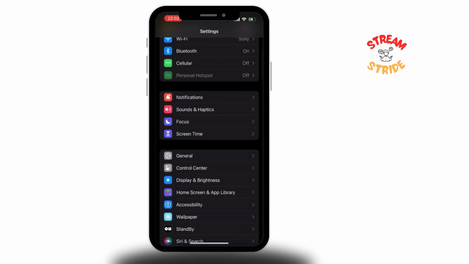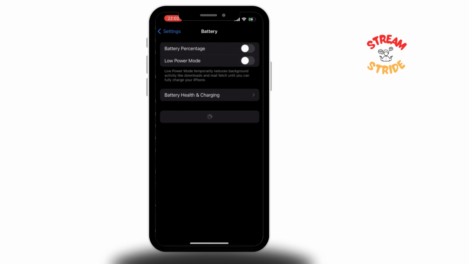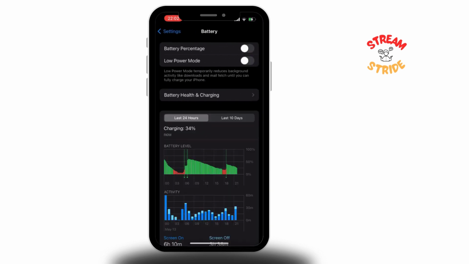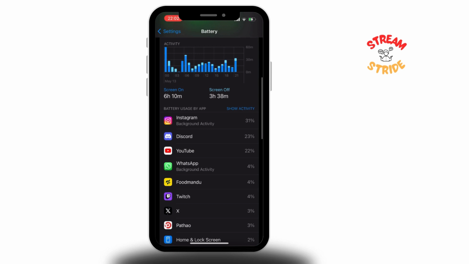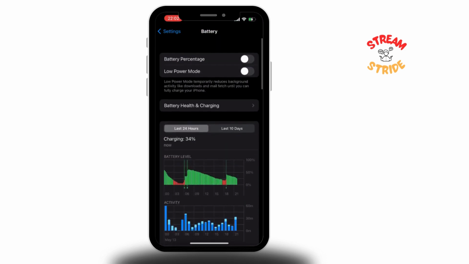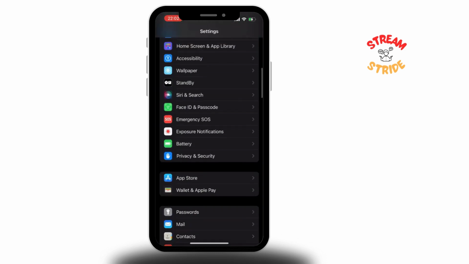Then I want you to scroll down to your battery. Then I want you to see the battery usage by app. So you can see that my highest battery usage is from Instagram, Discord, and YouTube. So what I want you to do is go back,